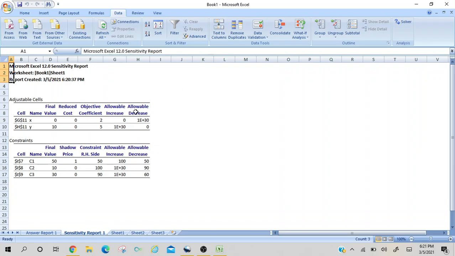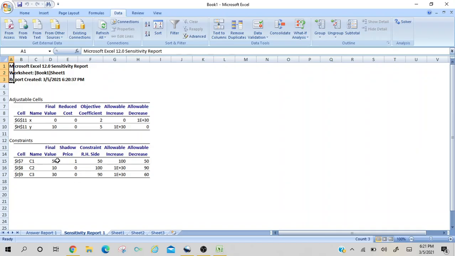Clear? As you can see, your y is 10, which means y is a basic variable. Your C2 and C3 are not fully utilized. It means these are also basic variables, because we have 3 constraints, so we have 3 basic variables. So y, C2 and C3 represent the 3 basic variables. It means your x and C1 will be non-basic variables.